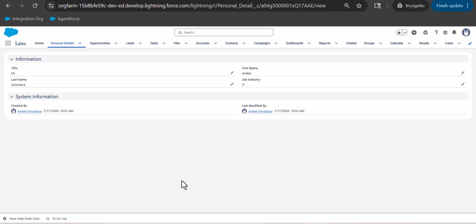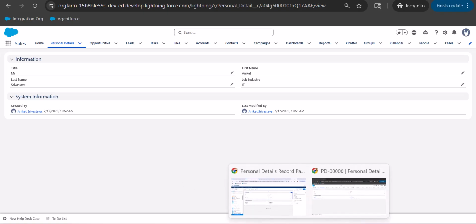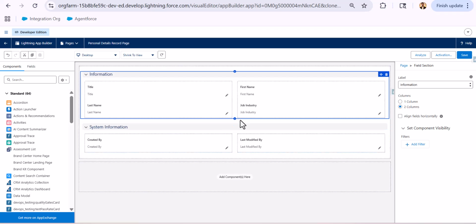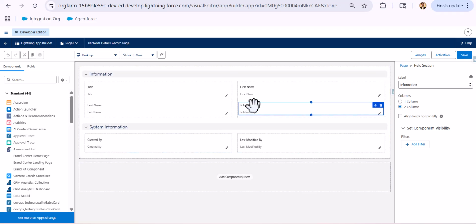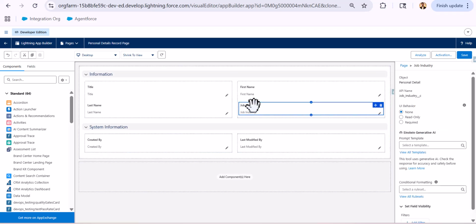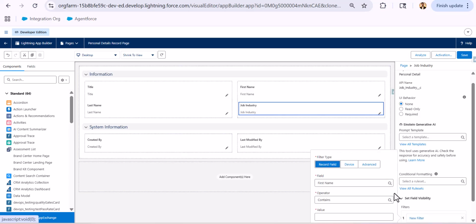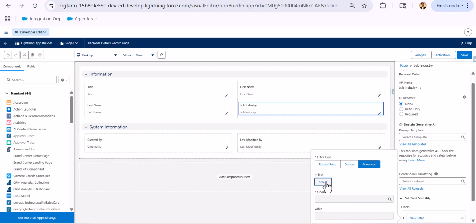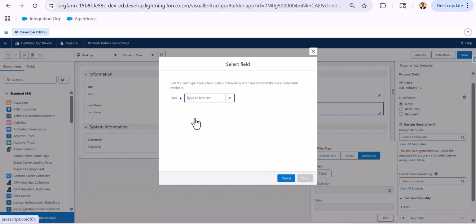However, if you want to upgrade to dynamic forms and you are running into this problem, how do we handle this? So there are a couple of ways in which we can handle this. Let's see. First is you go to your dynamic form and you put field level filters. So we know that job industry was not supposed to be shown to the users of standard user profile. So we can put a field level filter here, set field visibility, advanced, select, user,